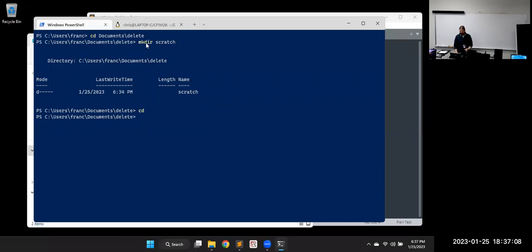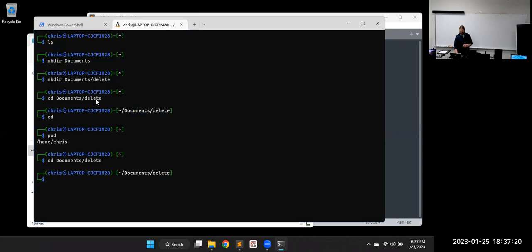Make directory is the same in both of them: mkdir. Make dir is also a Python instruction, but in Python we also have make dirs. So instead of what I did here in Linux, where I made the first one and then made the second one, I say make dirs and then make the second one, and it'll create every folder it needs along the way to get there. So doing that in Python is nice. There's a lot of that.